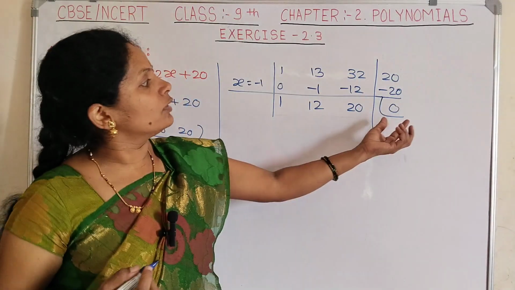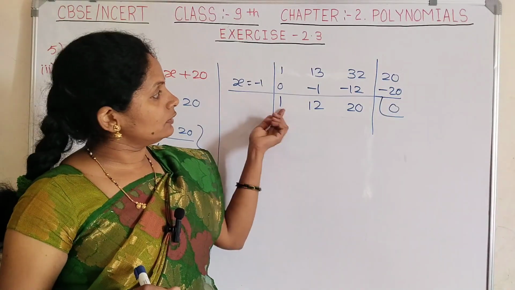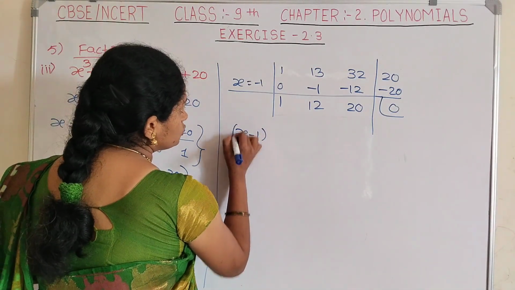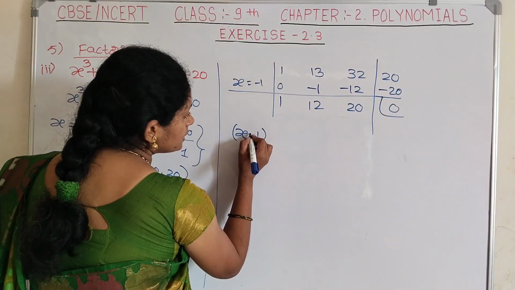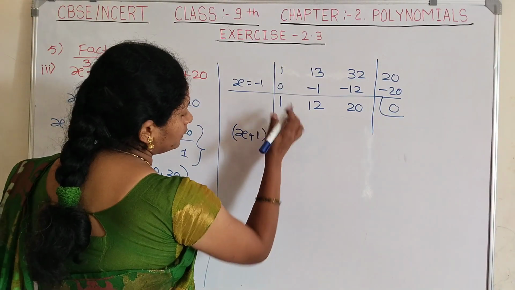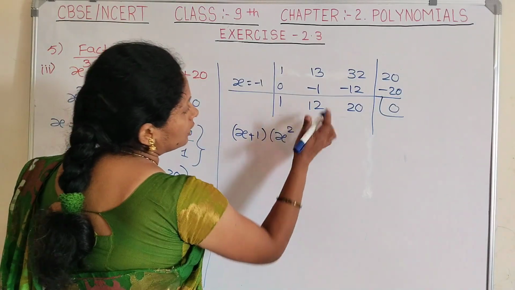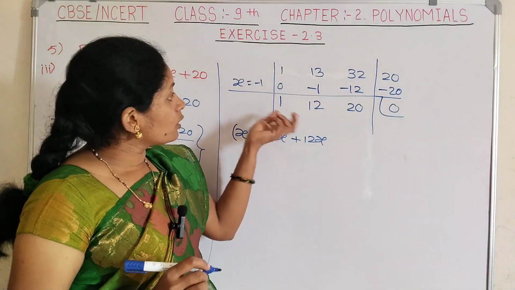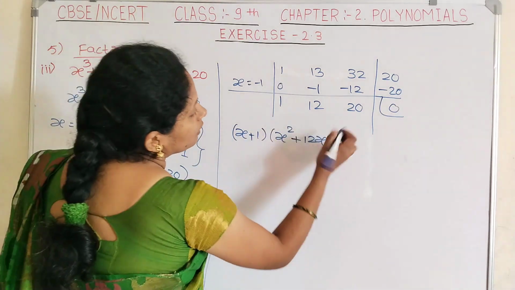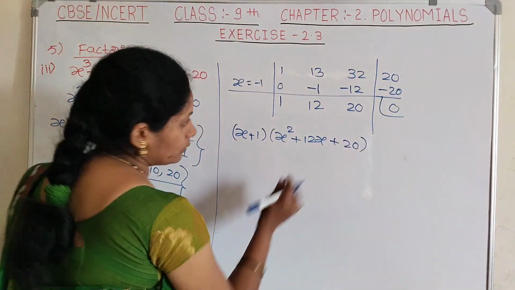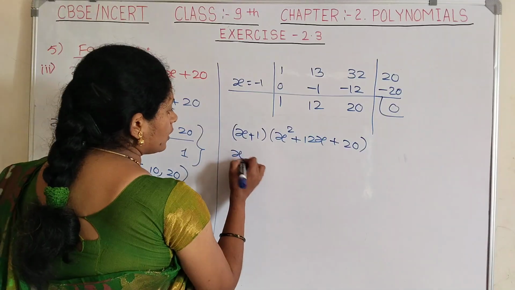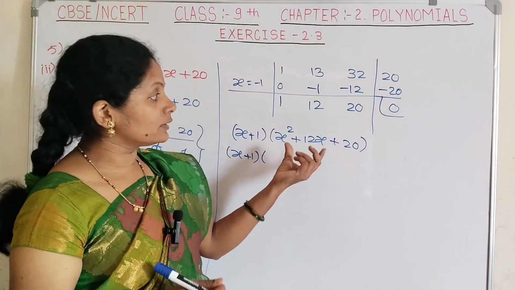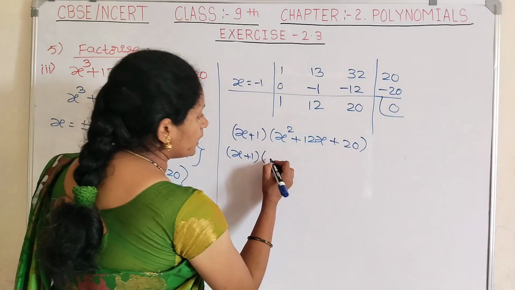We don't have any work with this. Now, these are our terms. So, write down x minus 1 into, minus 1 will go other side, x plus 1 into, this is x square plus 12x, all the terms are positive here, plus 20. Now, expand this, get the factors of this, x square